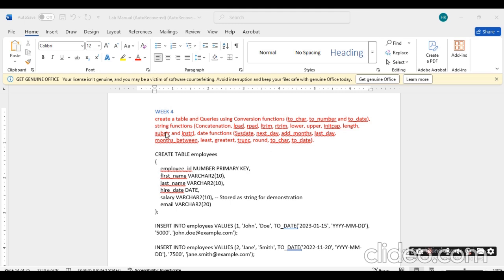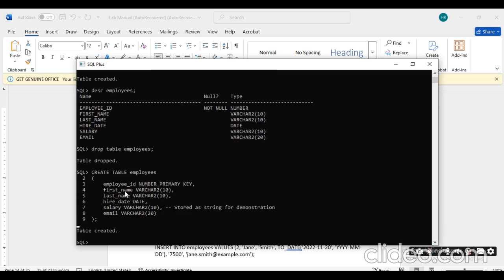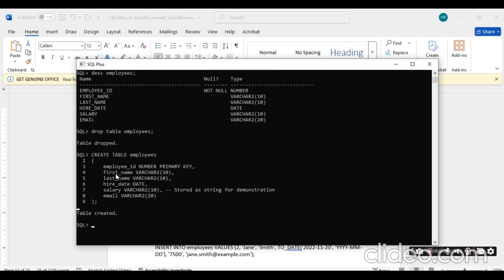Here we have to create an employee table. So let me copy the employee table and then I will execute it in SQL. So let me write here. The table is created. As in the previous videos, I have explained many times about such kinds of